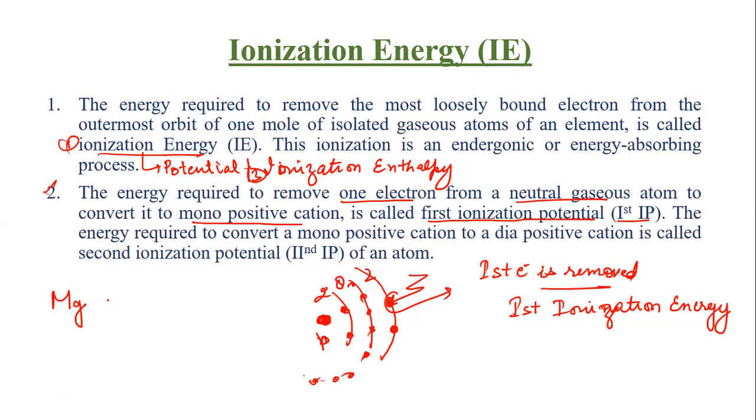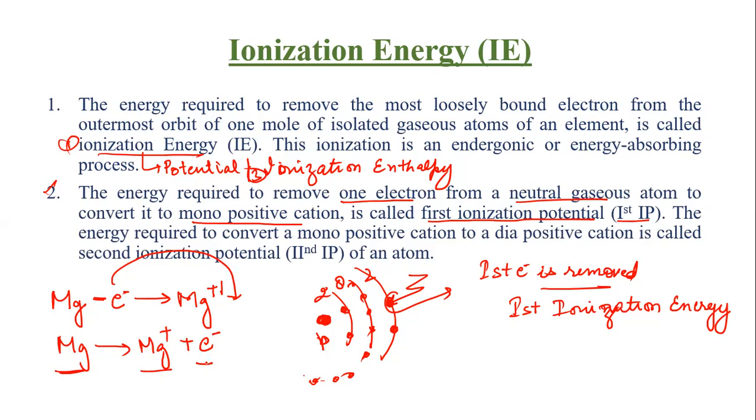Now this magnesium suppose loses 1 electron. Lose means negative 1 electron. So what will it be converted into? Mg plus 1. Got it? And you know that we can't write it as a negative part, so we move it to this side, and eventually we have to write it like this: Mg positive plus electron. Because in this case, magnesium is converted into magnesium cation, that is Mg positive, and we get 1 electron.